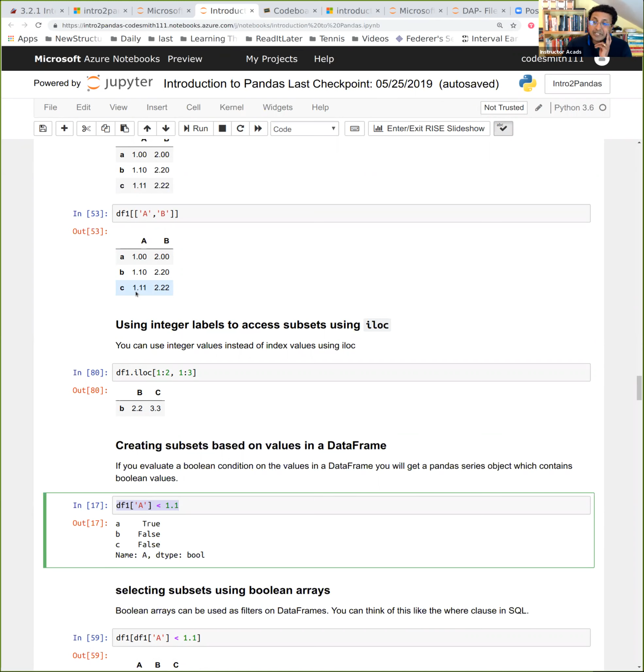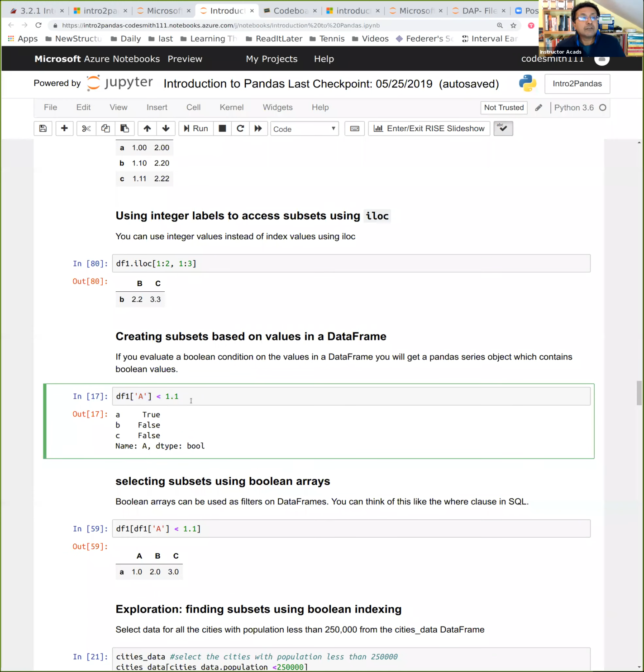And I want to use a criteria to select subsets. That's more interesting than randomly picking the 3rd row and the 1st row and so on, right? I want all the countries with population less than some million or something like this. So the way to do that is a 2-step process. First, you set up the criteria. And the criteria is take df, take the column A, and then just give me everything which is less than